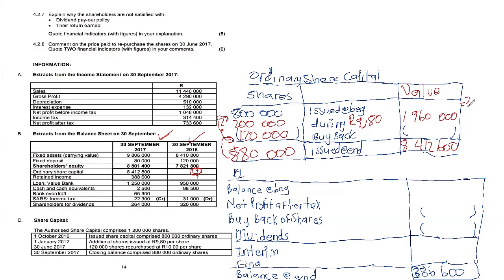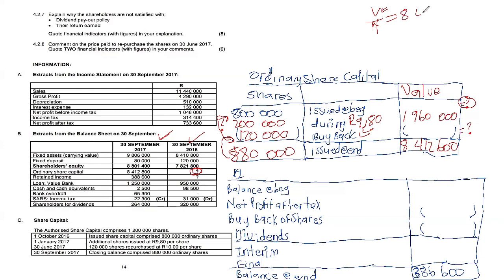Right. So now remember our balance at the beginning is unknown. You also have a buyback, which is also unknown. So now you need to get the amount repurchased to get the balance at the beginning. Remember, when you calculate the value of shares bought back or repurchased, the value is going to be its value over the number of shares. So now our value at the end on ordinary share capital